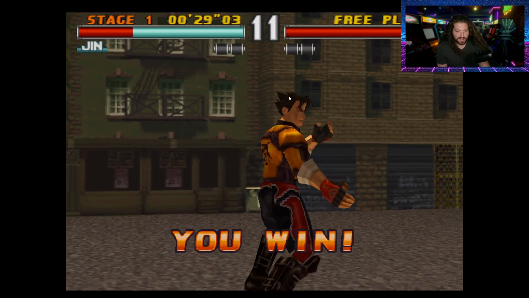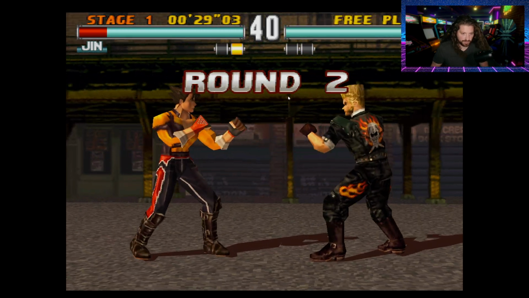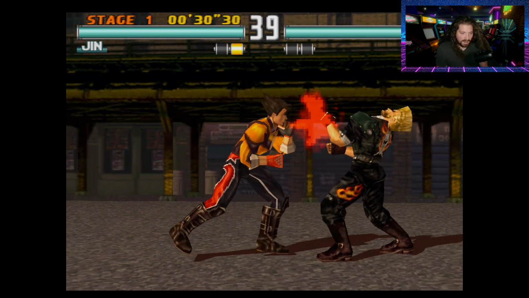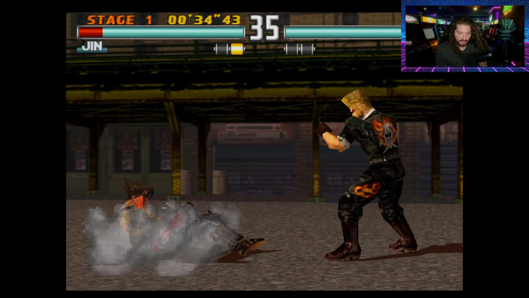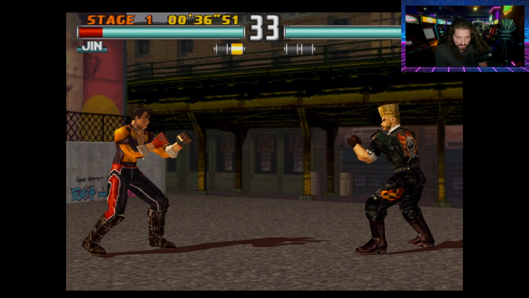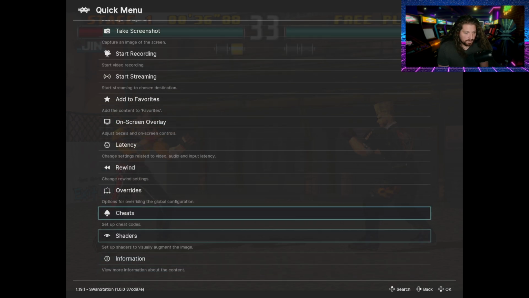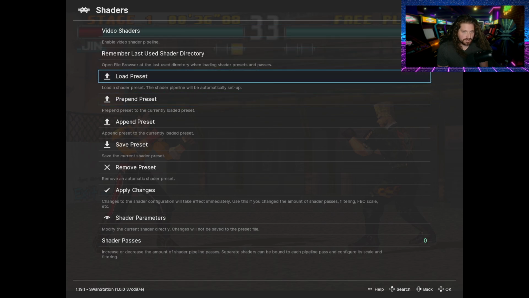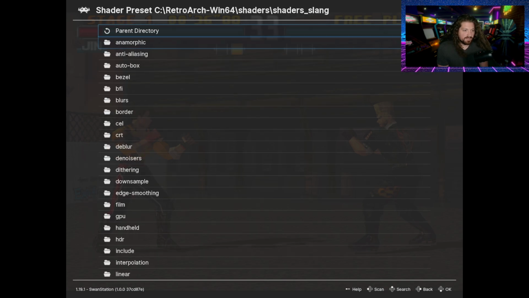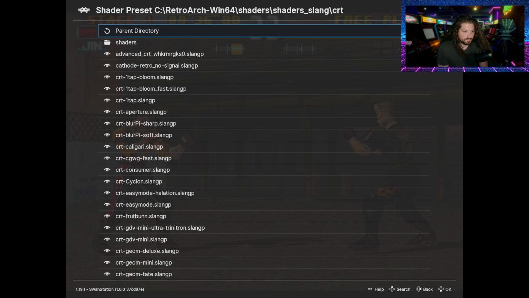So you can tell totally that this is upscaled resolution. This is polygons and colors contrasting and rounded out edges. It looks amazing. So we're gonna pop in here, and now I would probably add a shader. I do like a crystal clear look, a crystal clear image. I really enjoy having it like that, but sometimes having a shader will kind of make it